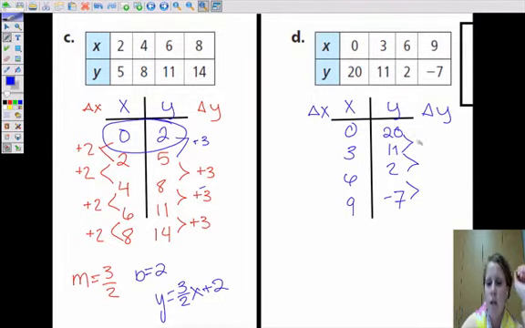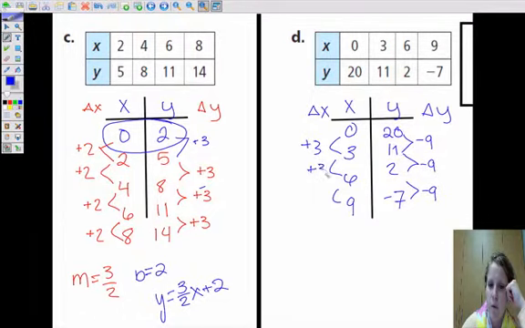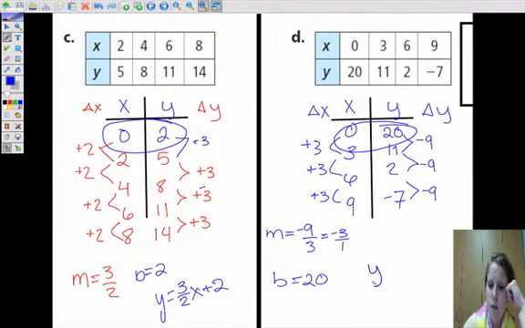Well, our change here is a negative 9, negative 9, negative 9. Over here we're going up 3, up 3, up 3. So my slope would be negative 9 over 3, or that's negative 3 over 1, or just negative 3. My b is given to me right there. So my equation, you should have gotten negative 3x